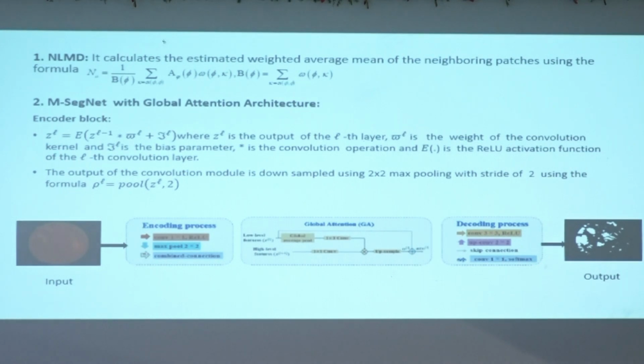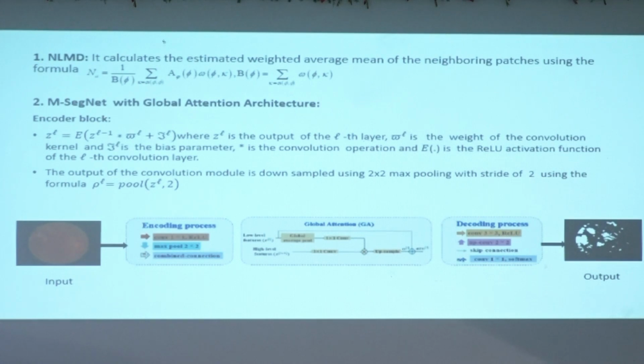So if A of phi is the pixel, W is the weight. So that takes the summation of all the neighboring pixels also. In my output I will be showing this, but because of the space I have given, I will not show the output over here. In the output section I will explain those things.